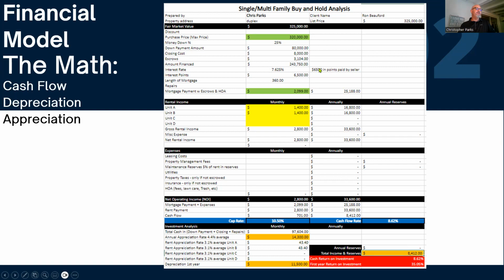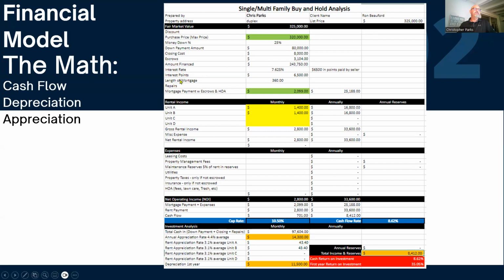Now, he was hoping that he was going to get $6,500 from the seller in order to be able to cover some interest points on this. Now, whether he did or not, we ran it without that, and so you can see the interest points right here, $6,500 included in his cost. Now, based off of the situation that you're looking at right here,